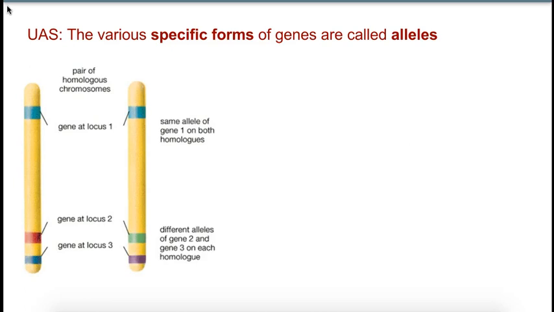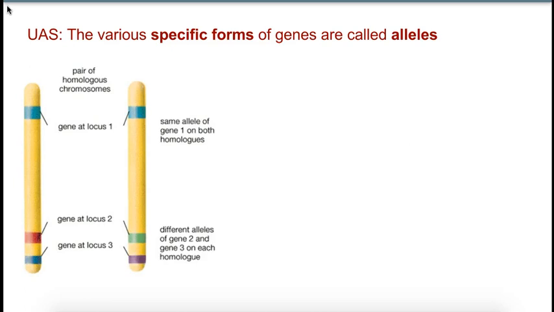We can see here a nice representation. So we have a pair of homologous chromosomes. At the very top there, that green band represents, let's say, a gene on the female chromosome on the left and the male chromosome on the right. In this case, the gene is the same. So if this was eye color, again, a classic, but much more complicated in reality, this might represent blue eyes